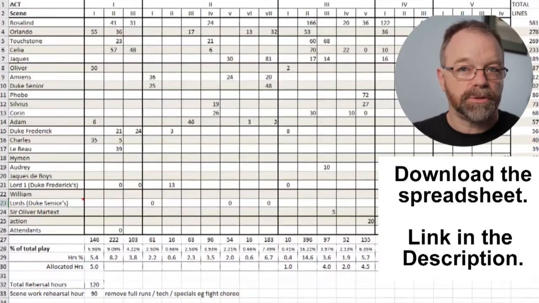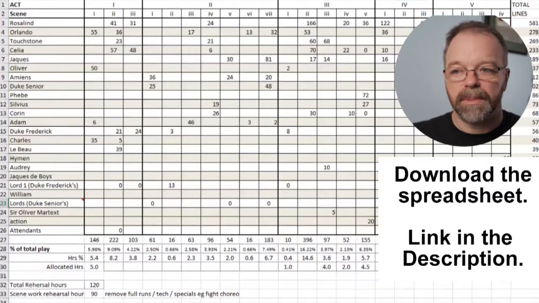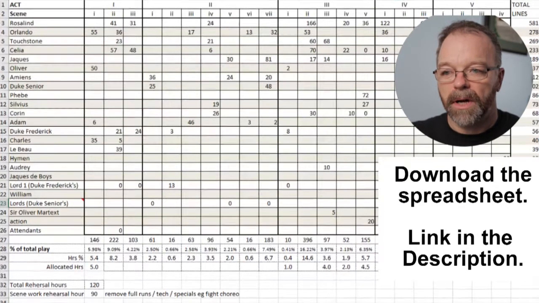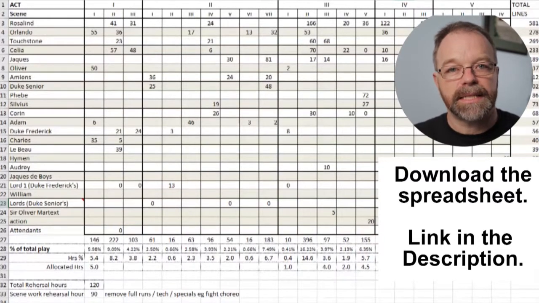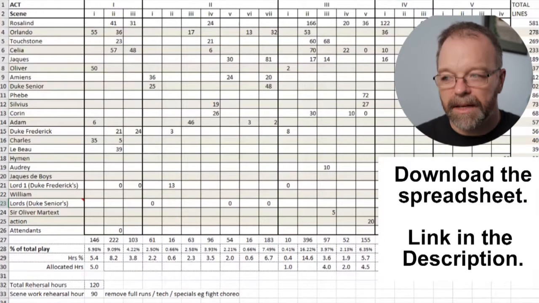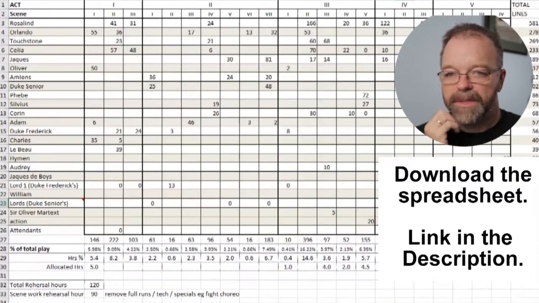And so for me, this is really crucial before we cast the show so that I can work out what the casting is going to be, how many actors do I actually require, and then I do the casting process based on that. And the actors know at the start, well, you're coming in, you're going to be playing Adam and then, you know, Jacques de Bois or whatever role doubles up there are.